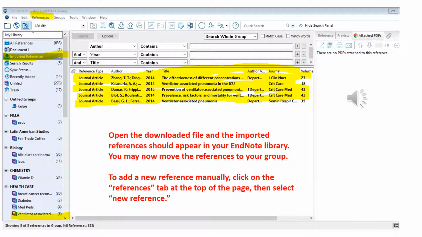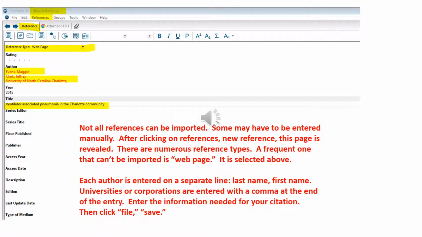When I open the download file, those references appear in my EndNote library. They're also shown as imported references, and I can also take those and drag them into my new group. Though it is easier to export references from the library databases, there are times when you may have to manually